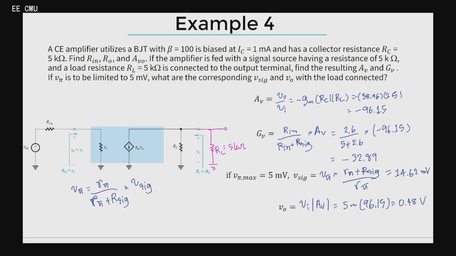Alternatively, we can think about this entire process in a different way by considering this specific component here. Let's break this down. The definition is equal to what exactly? It is simply Vout divided by V signal. Now remember that Vout can also be found by taking V signal and multiplying it by the overall circuit gain. So if we put those two concepts together, what does that come out to in the end? 14.62 multiplied by this, right? 32.89. The result is the same, which is 0.48 volts as well.